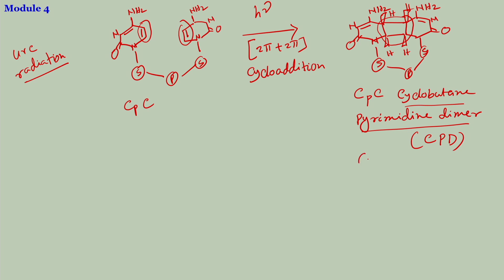So, this is termed as cis and this is syn, cis-syn cytosine cytosine CPD. That is the major lesion that is formed,